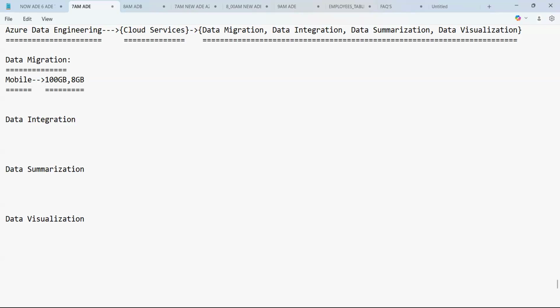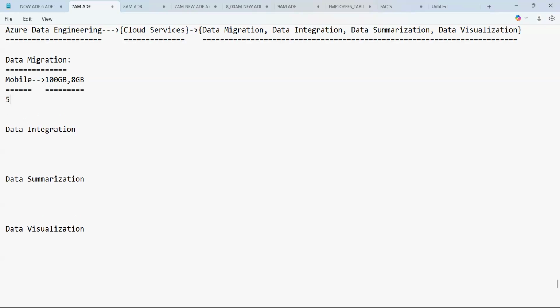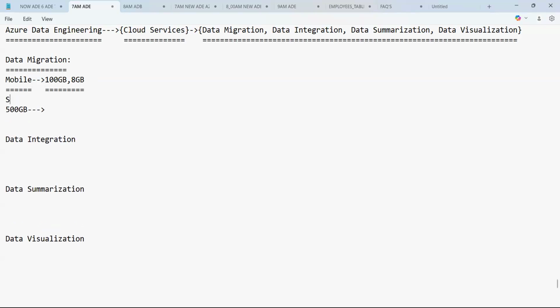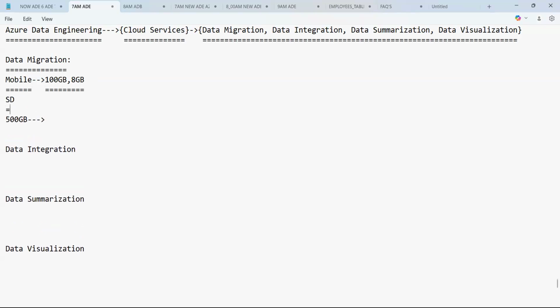In the same way, if you wanted to store 500 GB in your mobile phone, is it possible to store? No, no. You can store up to 100 GB. So what you do, either you have to buy a new mobile phone or add an SD card to the mobile phone. Let us say you have added an SD card here. And after adding the SD card of 100 GB,